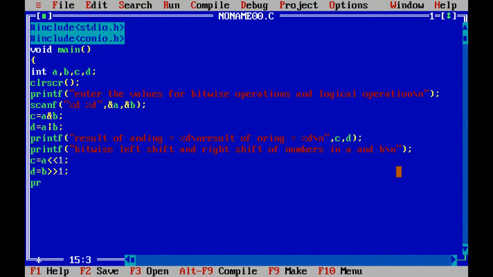So how do I write? Printf, the same process. Result of left shift is equal to %d backslash n, result of right shift is equal to %d.